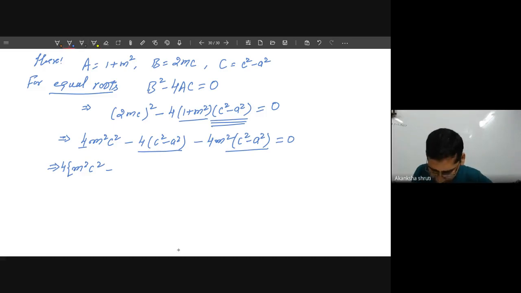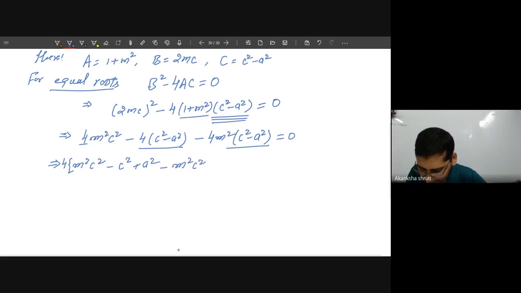Minus of 4 is already taken out, so it becomes c square minus and minus plus of a square. It is this one. 4 is already taken out, so no need to write. But this m square will multiply to both these terms inside the bracket. So minus of m square c square, and this minus before the m square will change the sign inside this bracket. It will turn into plus m square a square is equals to 0. Student, 4 cannot be 0, or sending this 4 in the denominator, the remaining term becomes 0.